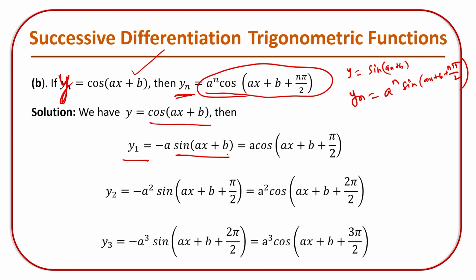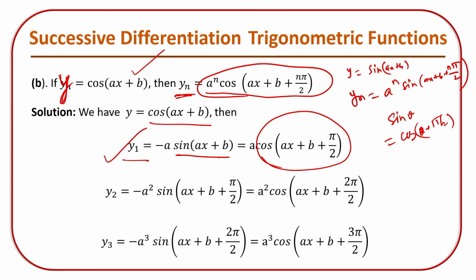Sine of (ax+b) can be written as cos(ax + b + π/2), because sine of theta is the same thing as cos of (theta + π/2), right? So that's why y1 can be written as a cos(ax + b + π/2). Again, y2 is equal to a² times the derivative of this, and the cos becomes sine, so a² sin(ax + b + π/2), and this will become, so as you can see here,